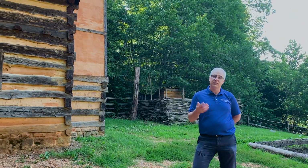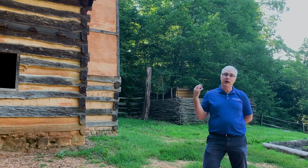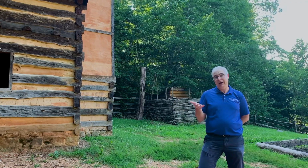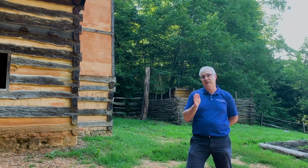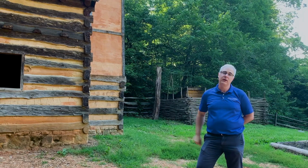What I would like to do right now is use this opportunity, since we are standing inside of a reconstruction, to begin to actually apply an archaeologist's eye towards the material elements that are here in the landscape, and think about what evidence they might leave for archaeologists to discover after 200 years has passed and we don't have the visible evidence above the ground to deal with